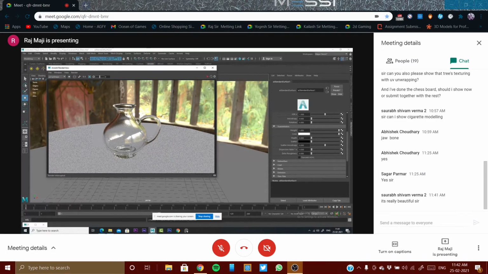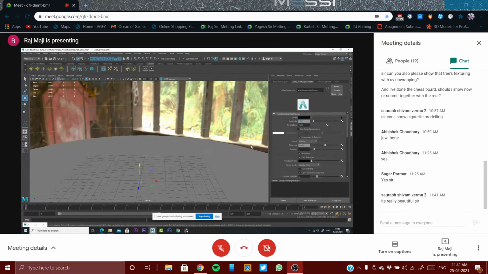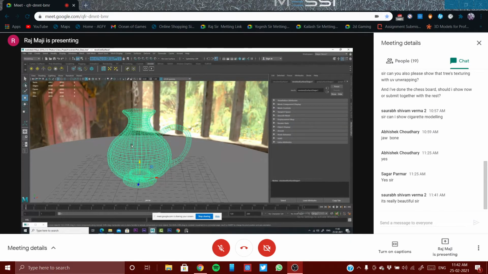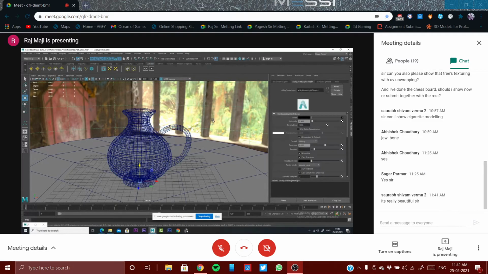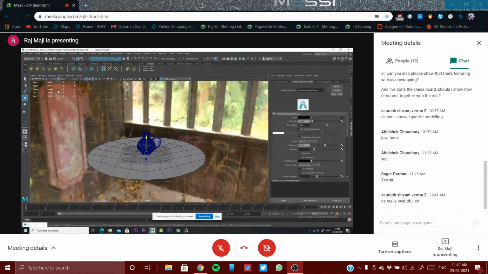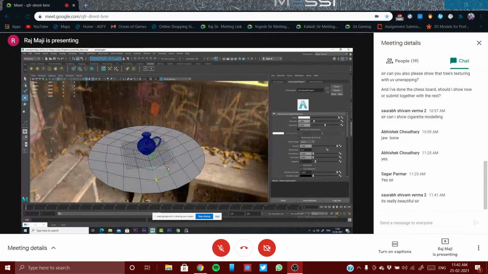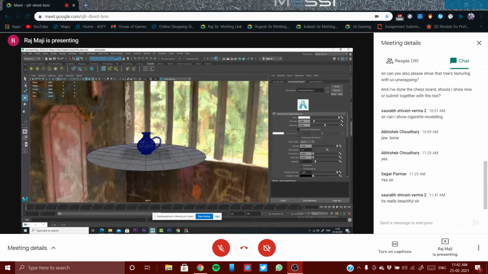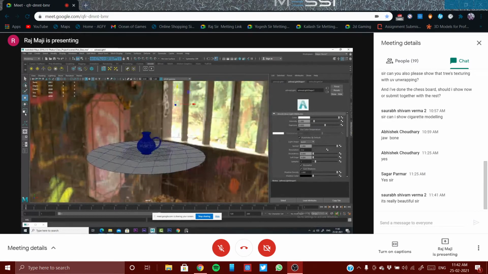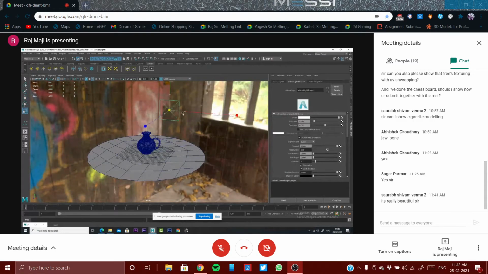Let's make it a little more interesting. So click on it. Intensity, let's make 0.3 for the background. Oh, I cannot see this. Okay. And let's put another light over here. Need to make it a little bigger.